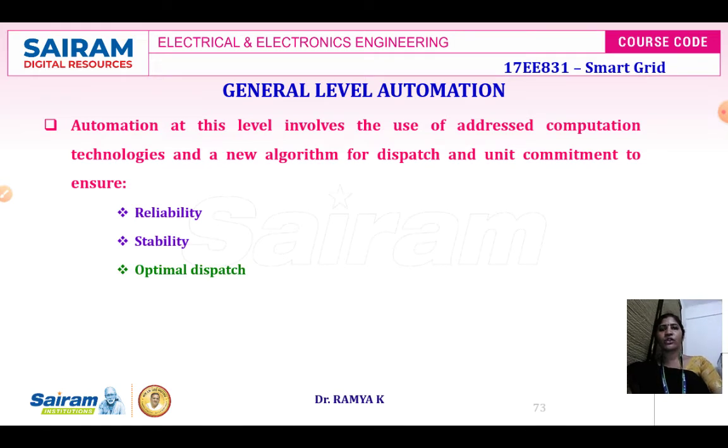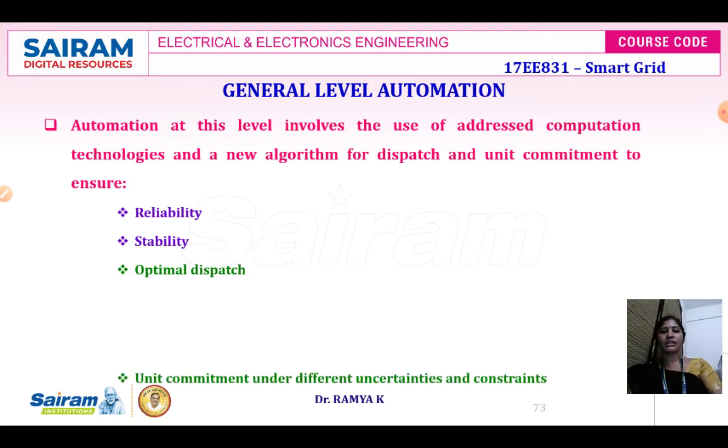Next is going to be your optimal dispatch or economic dispatch. Optimal dispatch or economic dispatch is nothing but a computational process where the total required generation, including your renewable energy resources, is distributed among the generating units in operation by minimizing the selected cost criteria function. So for any specific load condition, the output of each plant will minimize the overall cost in this optimal dispatch. So your generation level automation will focus on this optimal dispatch function.